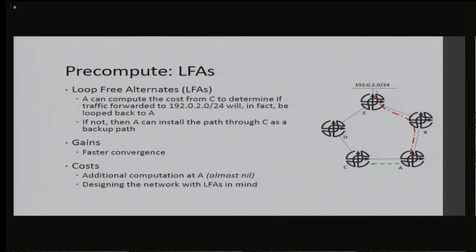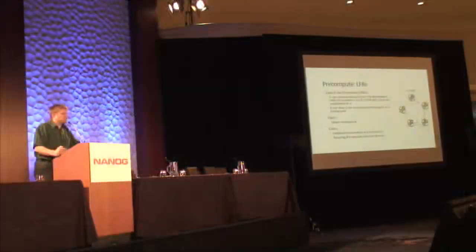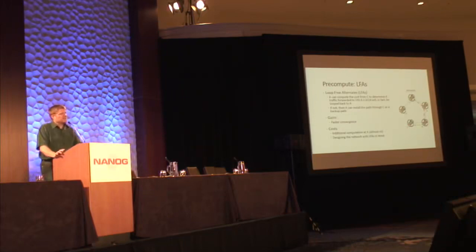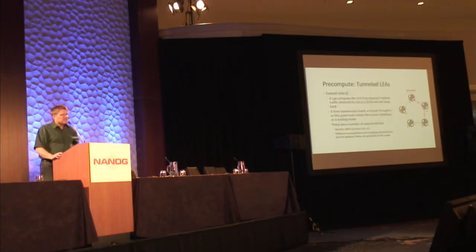What's my cost? See, the point is, there's a complexity trade-off here. I get faster convergence, I get better optimality in my network. What's my trade-off? I have an additional computation to run. I have to run SPF a different way or run it multiple times. Frankly, this is almost nil. Second thing, though, from a network designer's perspective, is I now have to think about C as an alternate path, which means quality of service, bandwidth, jitter, delay. It means thinking through, if I want A to have an alternate path, where I'm going to put that alternate path and how it's going to work.